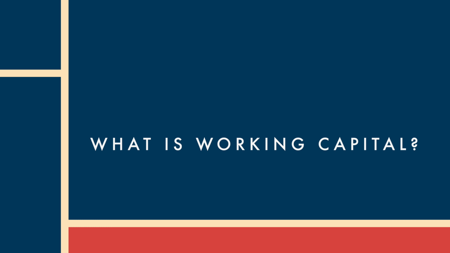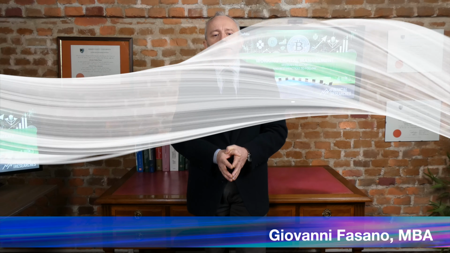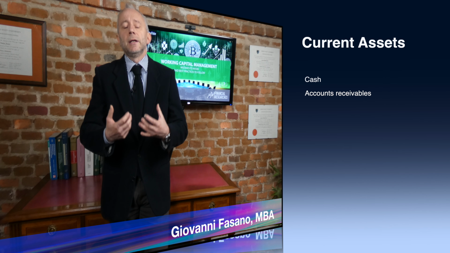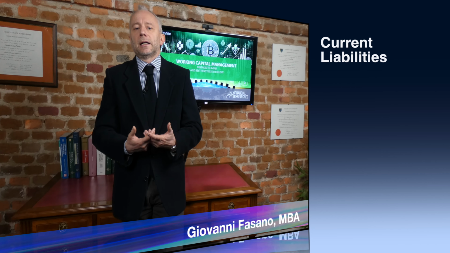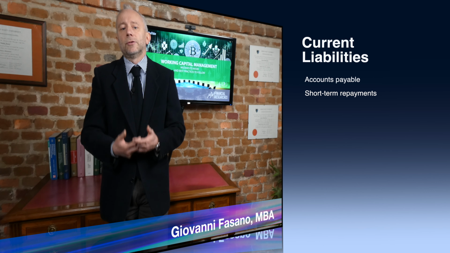Let's start with the definition. Net working capital is the difference between current assets and current liabilities. This value tells us how much cash the company has available to meet its short-term expenses. Let's see the main elements together. Current assets are composed of cash, accounts receivable, and inventories, while current liabilities are payables to suppliers, short-term loan installments, operating